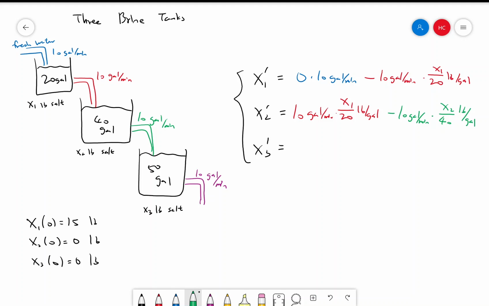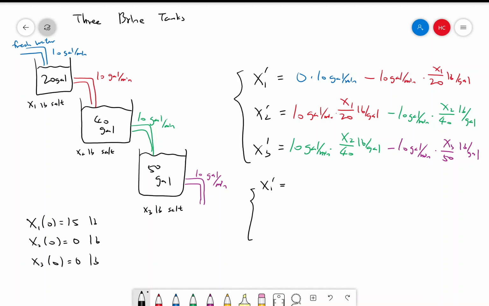So that's x2. For x3, similar. The amount of salt coming in to tank 3 is the same as the amount of salt leaving tank 2. And the amount of salt leaving tank 3 is 10 gallons per minute times x3 over 50 pounds per gallon. So if we simplify everything, we get x1 prime is equal to negative 0.5 x1, and x2 prime is 0.5